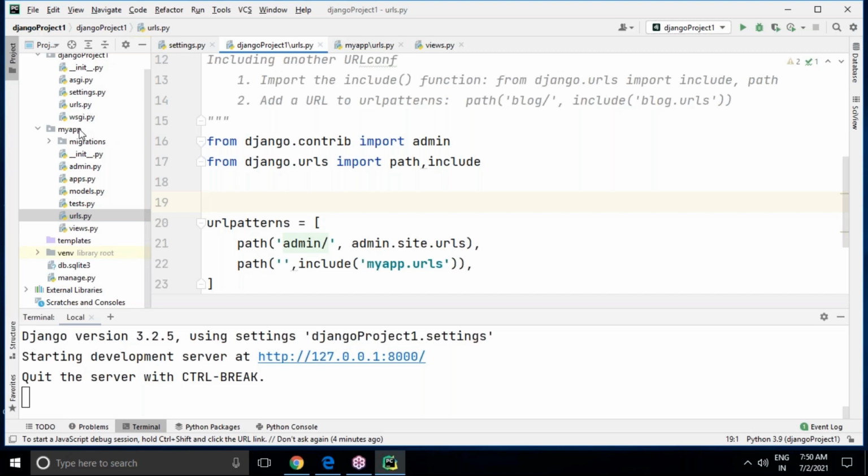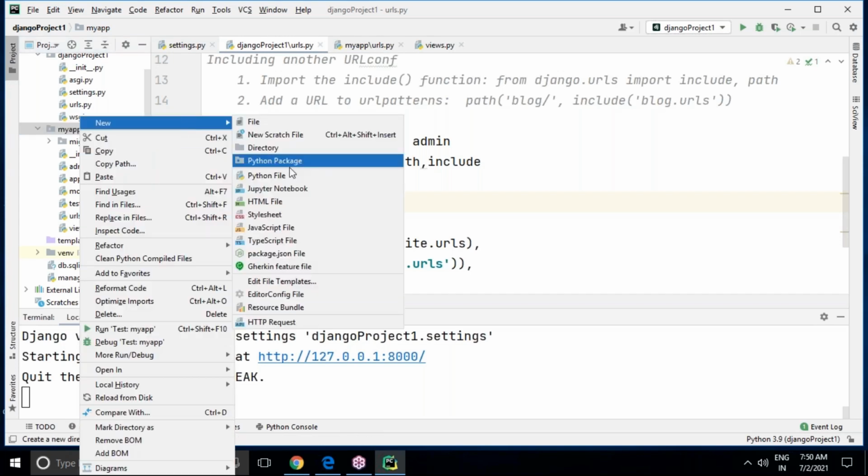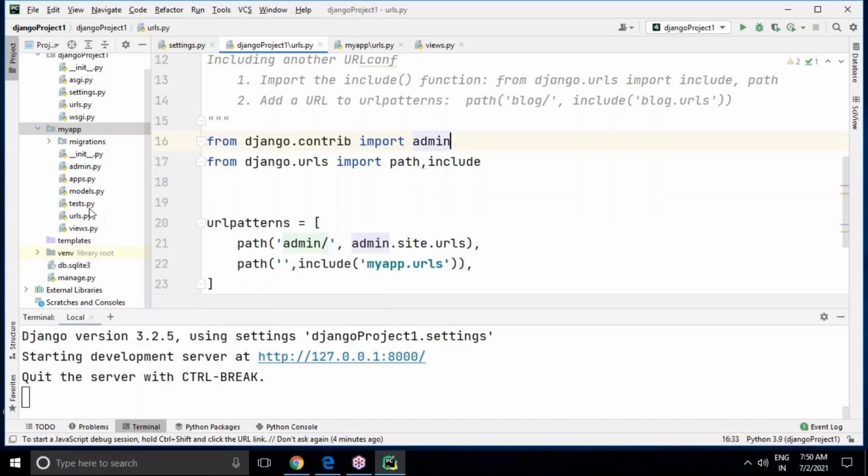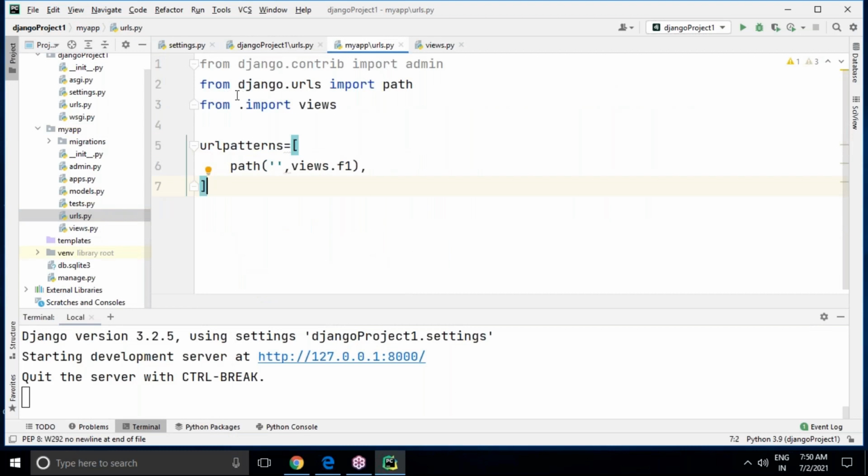So it is better to maintain a separate urls.py file under your application. How to prepare a urls.py in an application: right click on your application, go to New and Python file, give the name urls.py. After that, it will be available under your application. Go to this, and you have to write from django.urls import path, from dot import views. This is the current location from which views are called.